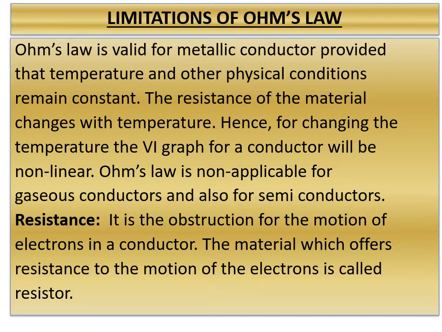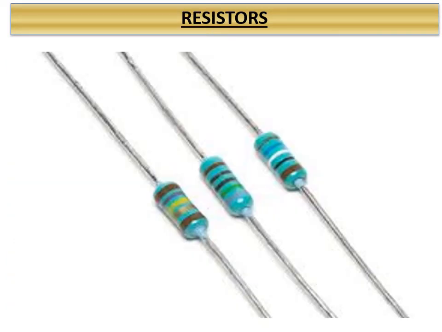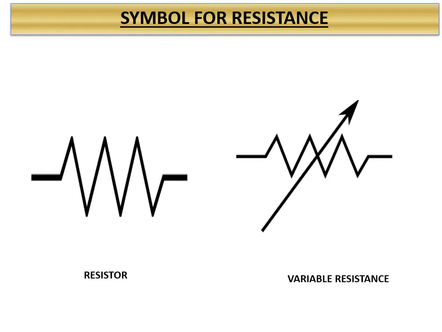Already we have learned the ordered motion of electrons is your current. You have to remember in this way. The resistance of a conductor is defined as obstruction to the motion of electrons in a conductor. So the picture you are seeing is nothing but resistors, or we can call it resistance also. Actually we have learned that resistance of a conductor means the obstruction to the flow of electrons through it. While representing diagrammatically, this obstruction is represented by hills.